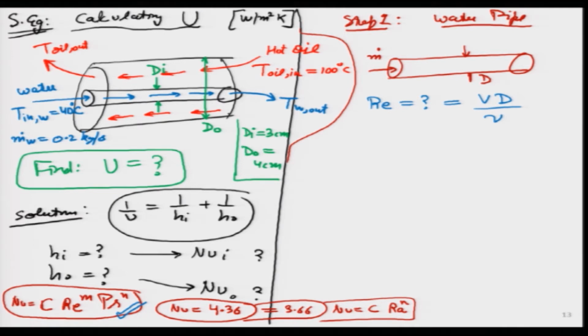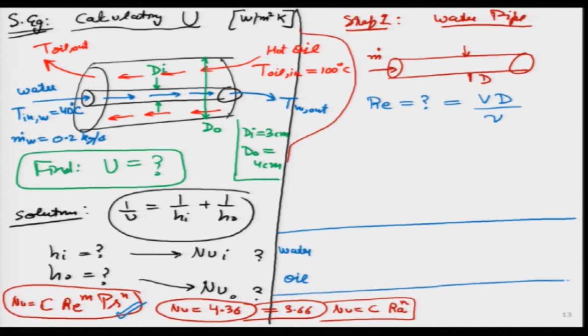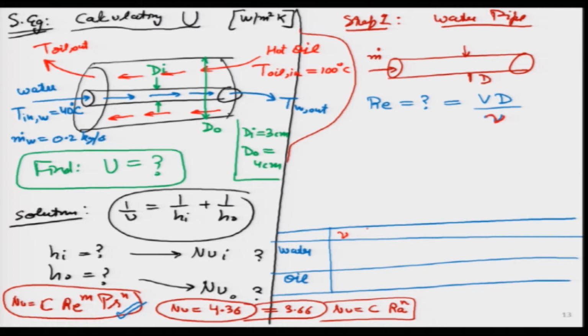So, what I have to do is, and this thing I already did, I looked up the property table for water and oil both, because I can foresee that a lot of these properties will be needed. So, let me go ahead and write them down over here. Maybe I will write for water, and I would need the same thing for oil as well. I hope I can write in this space. So, the first thing I would need is the value of nu, because it is given over here. So, let me start with nu. So, nu is given in meters squared per second.